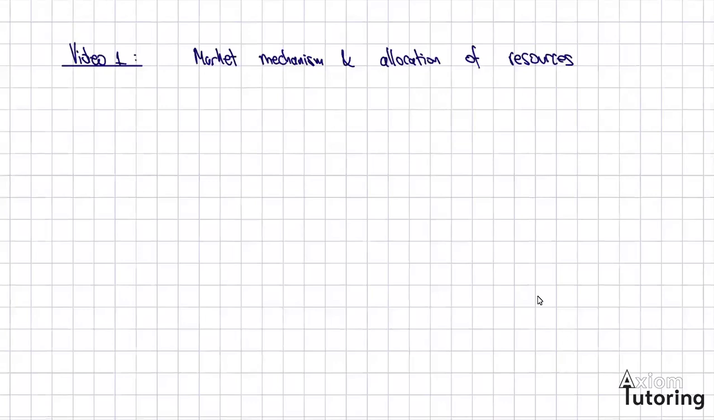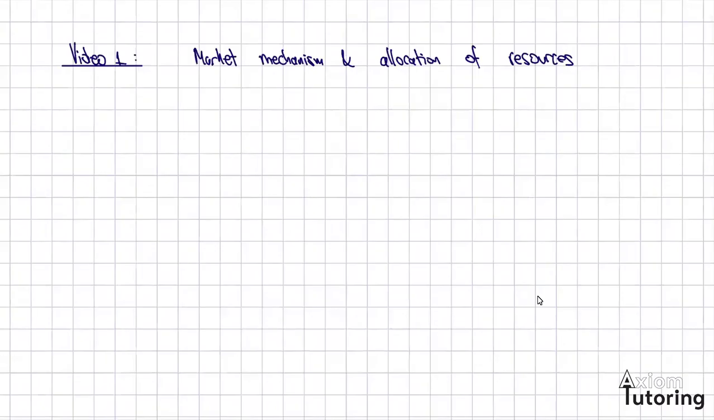I'll do a set of videos on microeconomics. I'll start with this first video, which is on market mechanisms and allocation of resources. One of the questions that we ask is, how do resources get allocated in a market-based society? And what I'd like you to think about is that the rules of the game will very much determine the